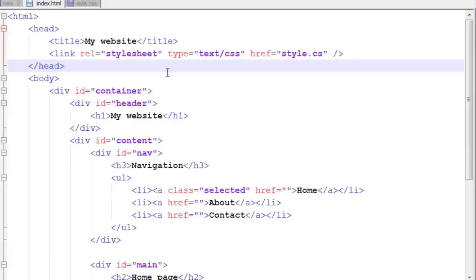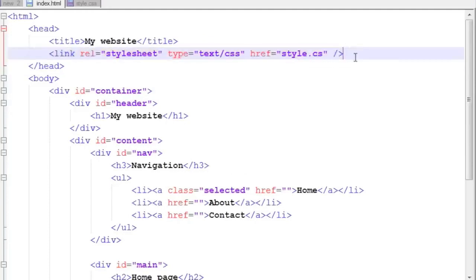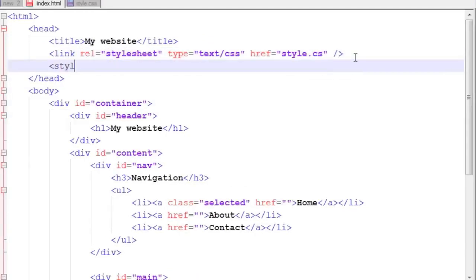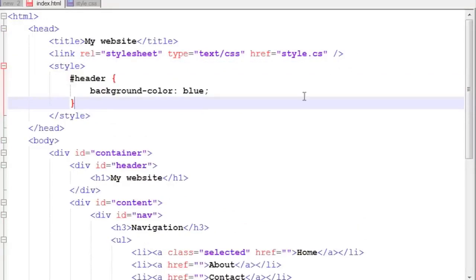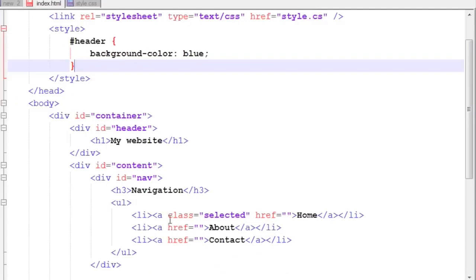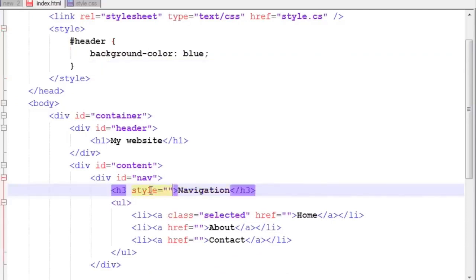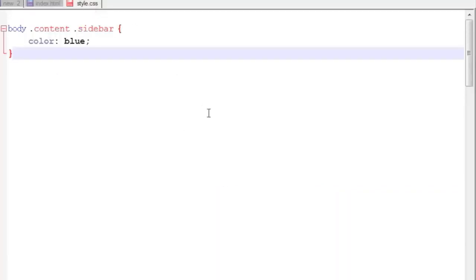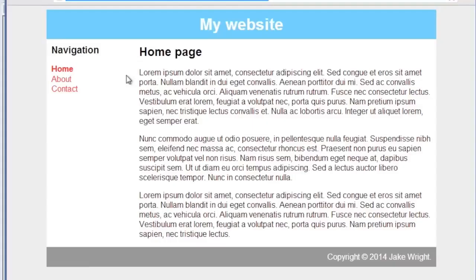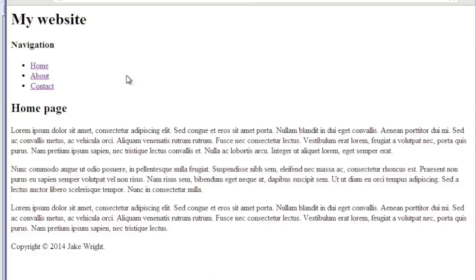One last thing I want to mention is that you don't need to put the CSS in a separate file. There are two other places you can put it. You can put it inside style tags directly in the head section, just like that. Or you can use inline CSS. You can add the style attribute to any HTML tag. But it's better practice and much simpler if you keep the CSS separate in its own file, so I recommend doing that. Hopefully this has given you a good introduction to CSS, which will help you turn those plain websites